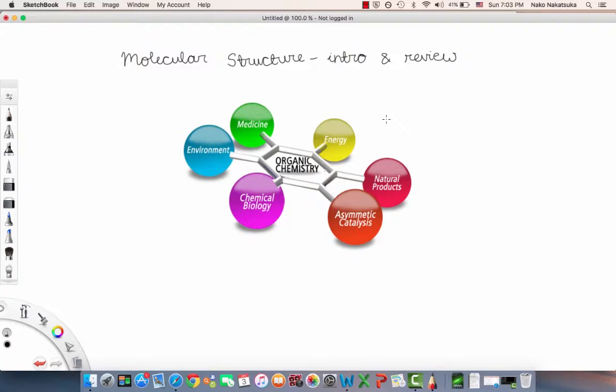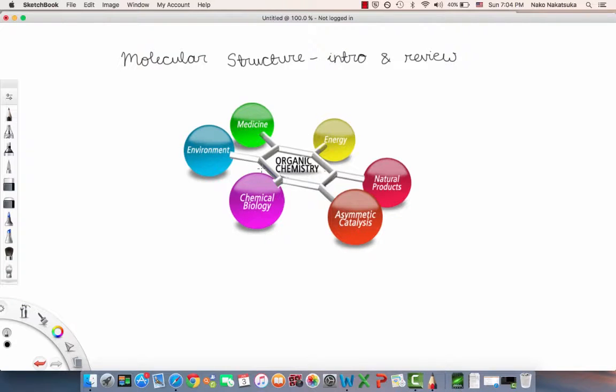You should already know that organic chemistry is the study of compounds of carbon, and there are over 20 million organic compounds that have been identified. Basically in organic chemistry, we make things for various different applications, such as pharmaceuticals, fuels, paints and adhesives, cosmetics, and we work with DNA and proteins, and all of these things can be made via chemical reactions. I just showed you this very general picture where various different aspects of science such as medicine, energy, products, catalysis, chemical biology, and environmental issues all stem from this fundamental topic.